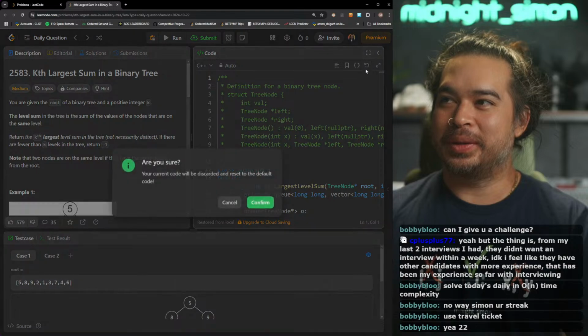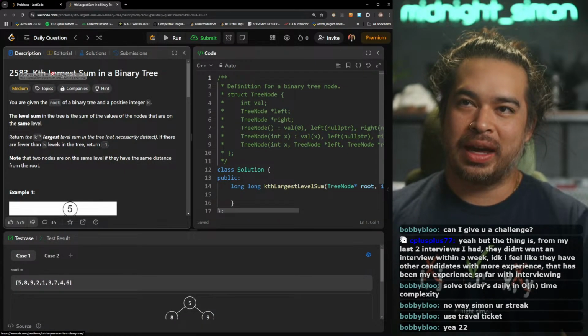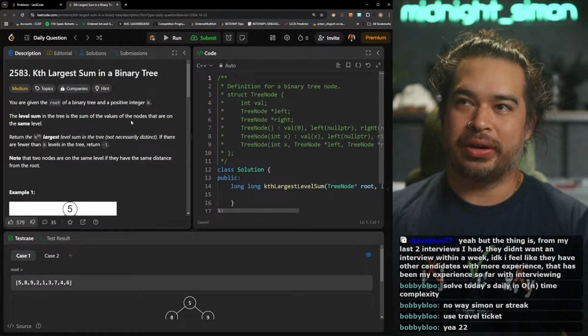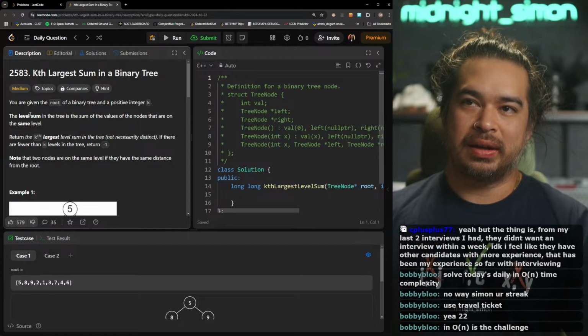Let's see. Kth largest sum in a binary tree. Given the root of a binary tree and a positive integer k, the level sum in the tree is the sum of the values of the nodes that are on the same level.